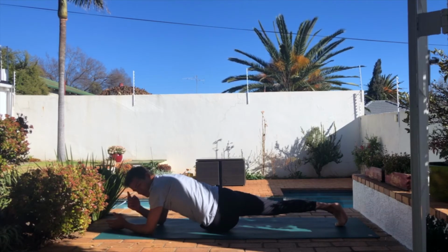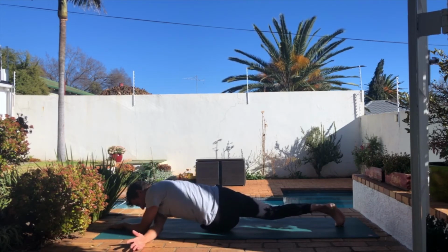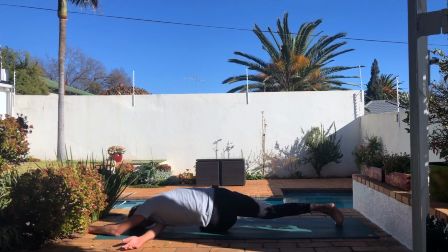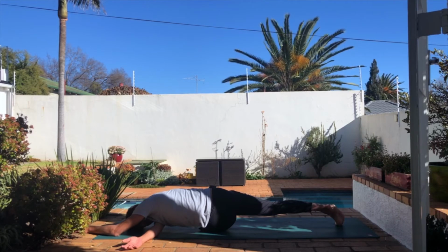If you don't want to make it simple, you can go to the second variation of the pose, which is right arm slides under the left armpit. The left arm goes a little bit forward and then the chest rests somewhere on that right upper arm. And then just get a sense of resting here,